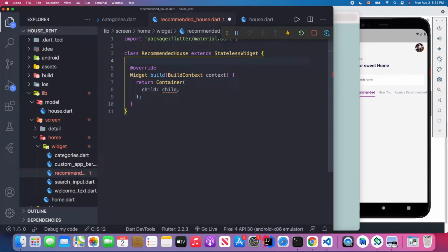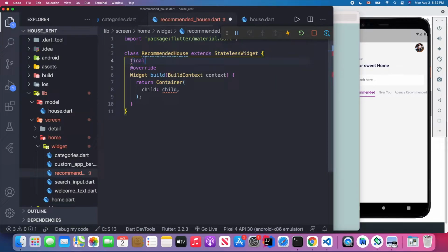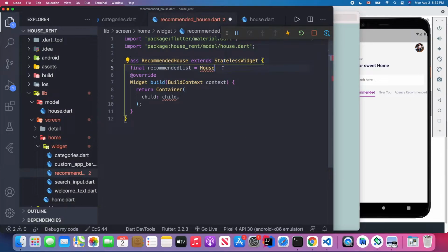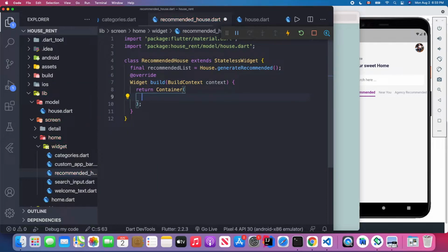And before I render, I write this build method. I will probably call this recommended list from the house, and I need to import this class first, and I will call a static method to generate the recommended for us. So after that, I could give the height of the container, probably give 340. Then the children, I will use the listView,